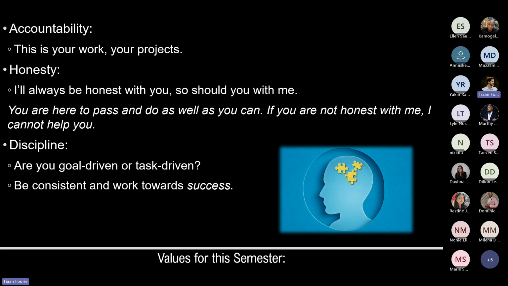Just values for the semester. I want to focus on accountability. This is your work. These are your projects. Remember, you don't have IS tasks. We only see each other every 2 weeks, and the submission dates are quite far